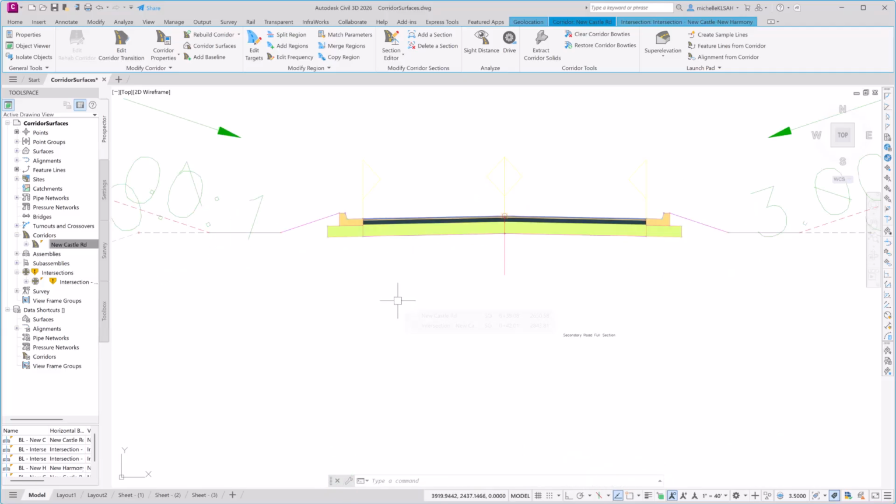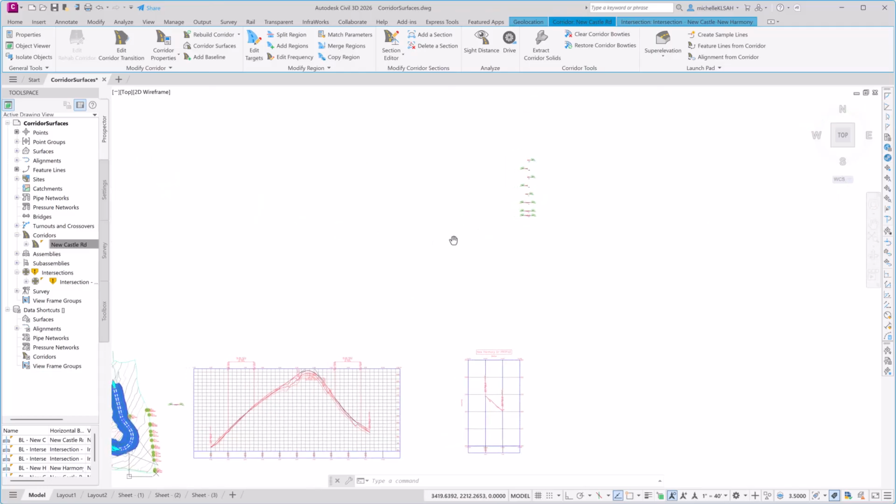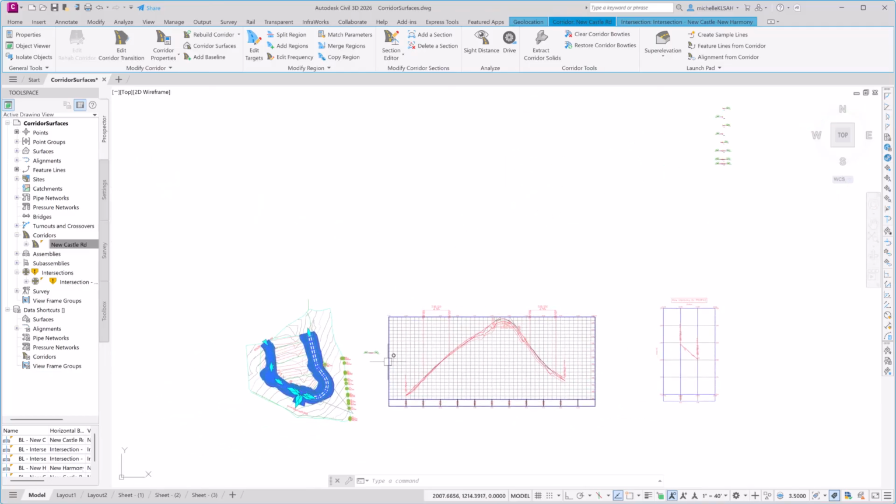For instance, if I have a datum surface, sometimes it doesn't understand how to calculate that datum, so it might create a surface that follows the datum up to here, and then back up to here, and back down. And what it misses is how to handle this overhang situation. So we need to tell it how to handle that. To do that, I'll go back to the corridor,